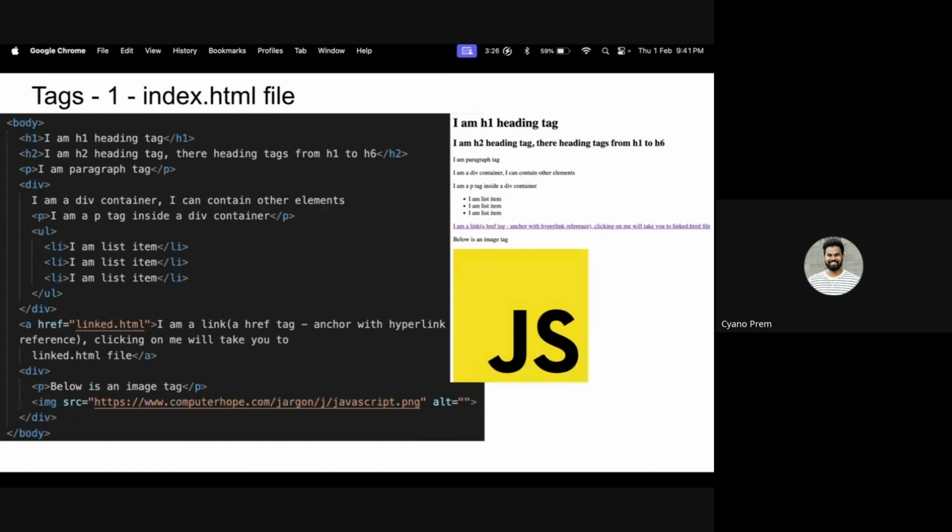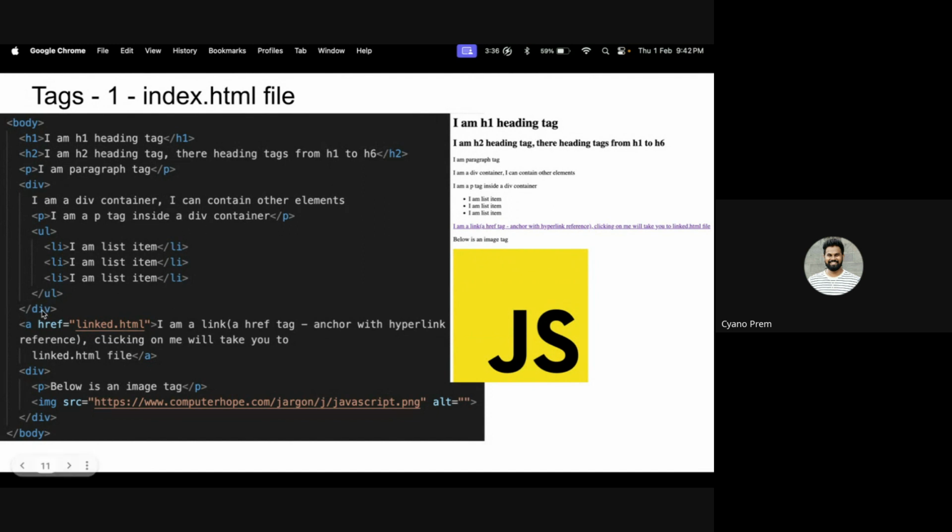I'll demonstrate everything again in VS Code. I'm just explaining through my slides. And once the P tag is there, I've given a UL tag. UL means unordered list. This is the opening tag of the unordered list, this is the closing tag, and I have 3 li tags. Each list item is within an li tag. This is the opening li tag, and this is the closing li tag, and within that we have to give a text. Now I am closing this box, this container, the closing part of the div.